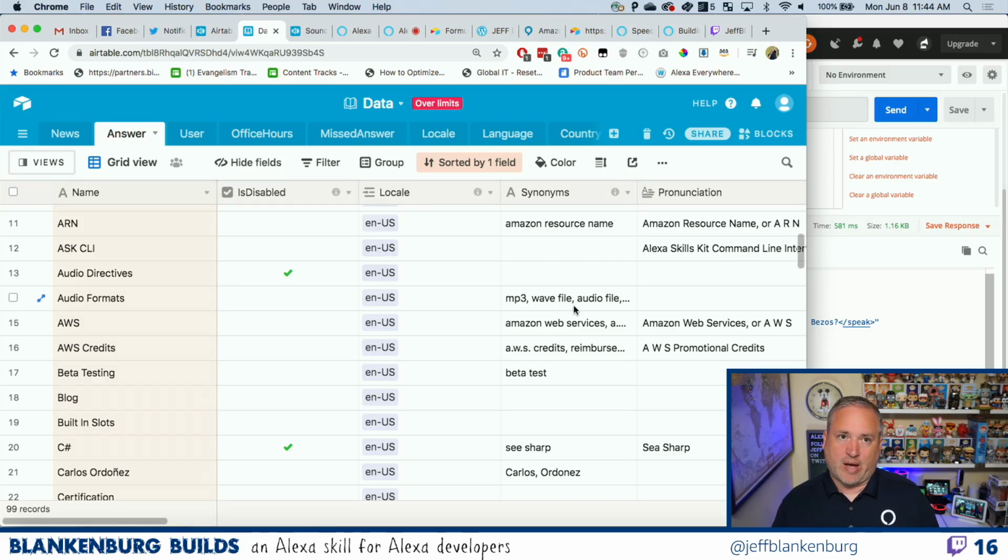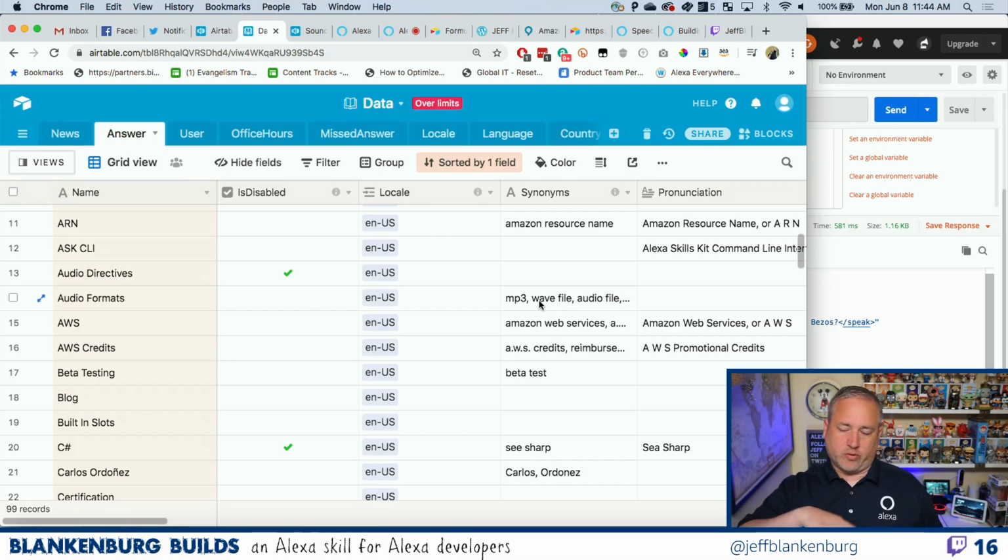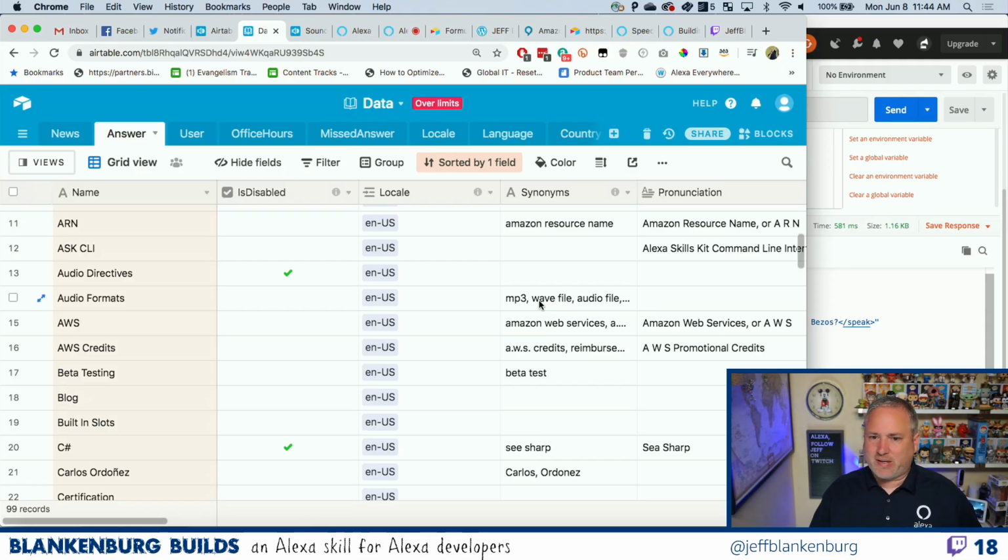So if you somehow have a slot value that has commas in it, which I hope you don't, then you would have to tweak my formula just a little bit. I did have this in one case where, for my scavenger hunt, the answer was 3 last names. Originally I was thinking it'd be Smith, Jones, Brown, right? But I don't need to comma delimit them for the user to be able to say that. They could just say Smith, Jones, Brown. I was thinking that I needed to separate up my commas, but that's not how any of Alexa works. You don't need that punctuation.